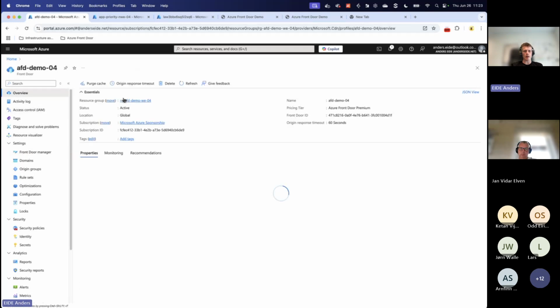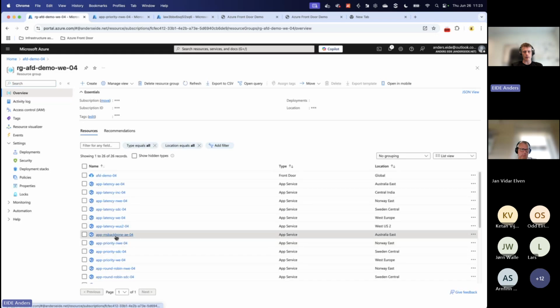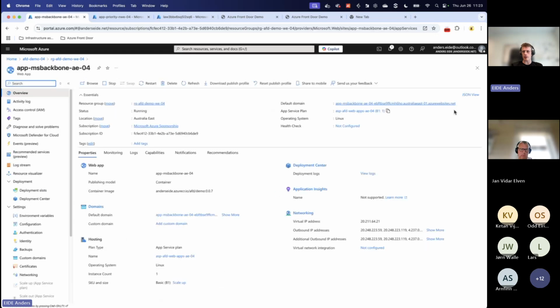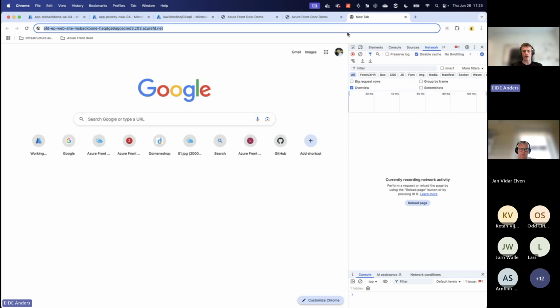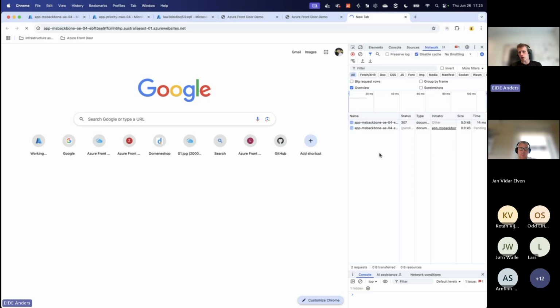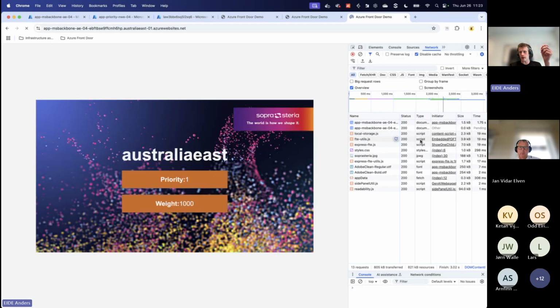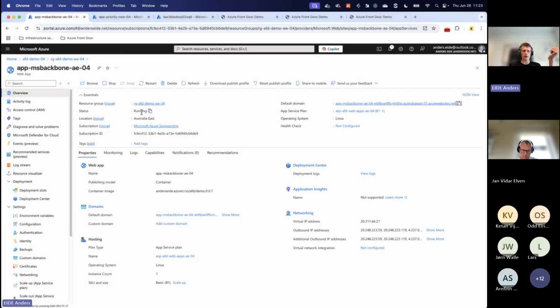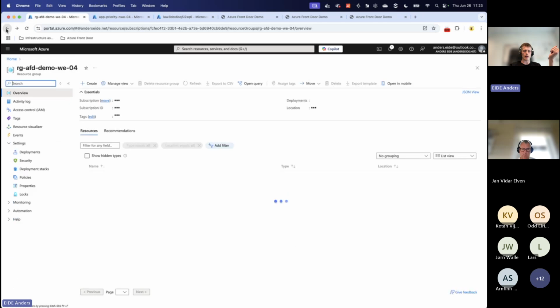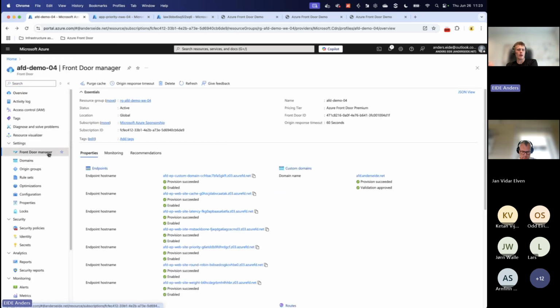So if I go back to the resource group and find the MS Backbone application and load that, I'm not sure if it's possible to see this on the screen, but it takes a while until the application is done loading. It actually took almost 4.5 seconds until the application was actually ready to be used by the user. If you're doing that on the backend network for Microsoft instead, I can go back into the demo again